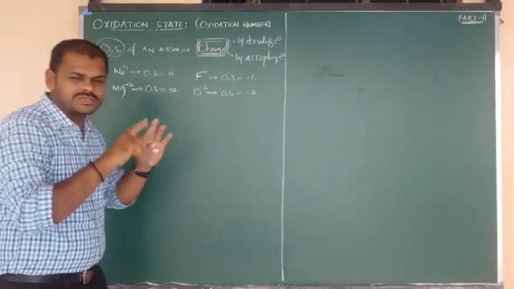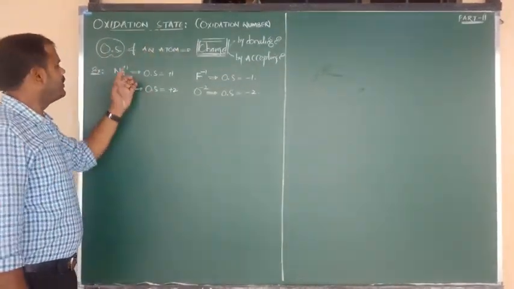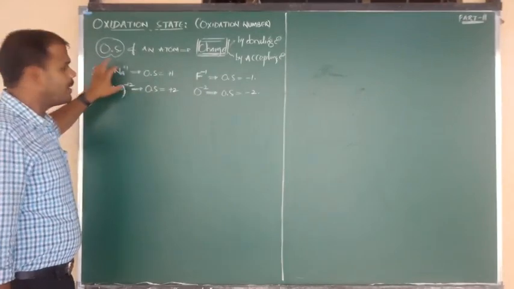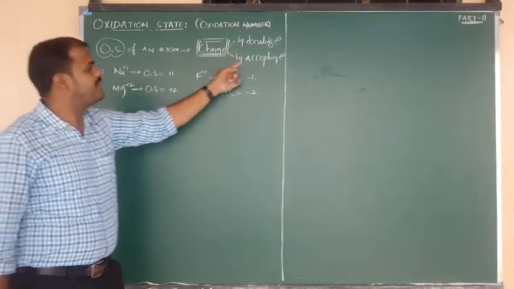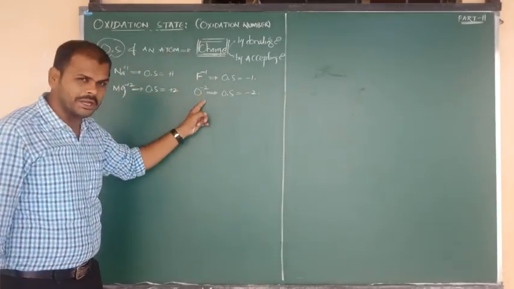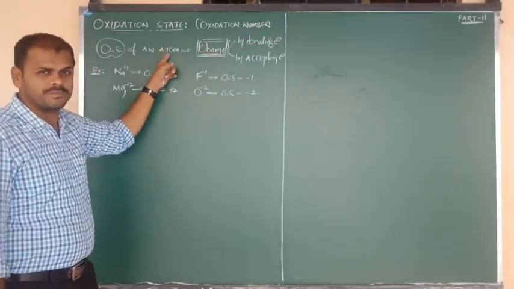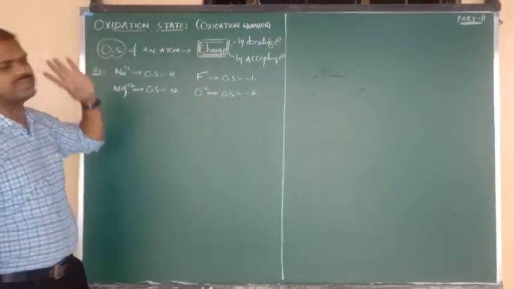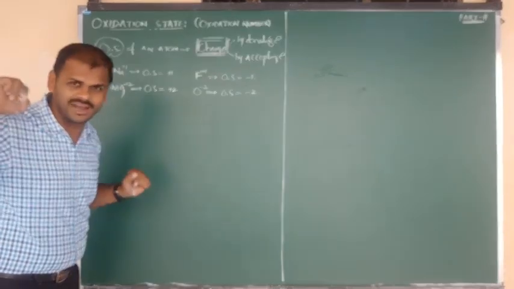So once again, I am going to give the clear definition. The charge produced on the atom may be positive or negative. Positive charges are produced on atoms by donating electrons. Negative charges are produced on atoms by gaining or accepting electrons. So the final definition: the charge that arises on an atom due to donating or accepting electrons is the oxidation state. Definition along with examples and reasons I have given you clearly.